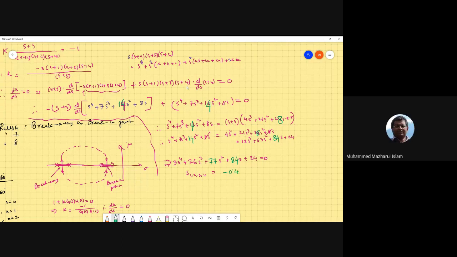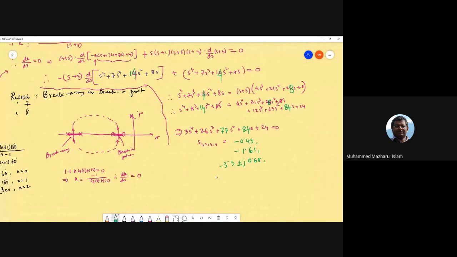-0.43, okay. And another one is -1.61. And the other two are complex: -3.3 plus minus 0.68. Thank you. So these are the four solutions of the